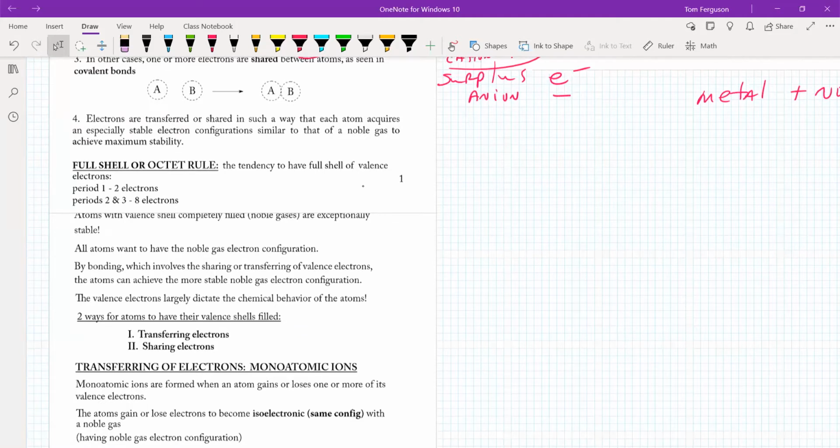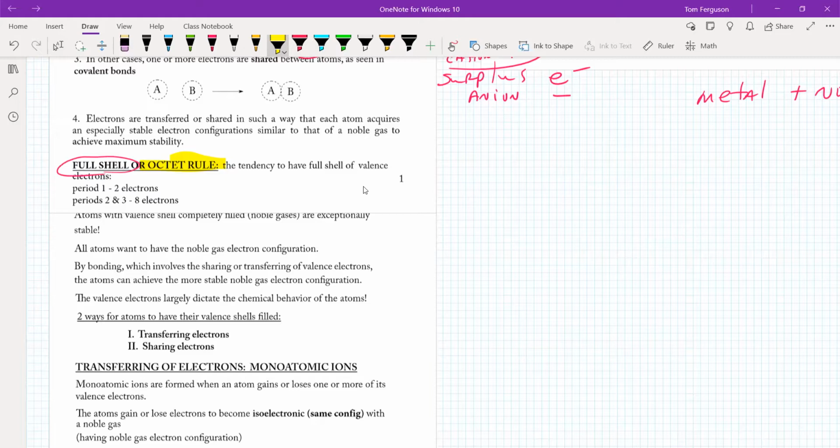Now, the reason we gain or lose electrons, again, is for stability. And that stability is gained by having a full shell. Frequently you hear about the octet rule. The problem with the octet rule, it isn't always 8 electrons. Sometimes it's 2, sometimes it's 12. But they always talk about 8 electrons. So instead of an octet rule, I like to say the full shell rule. Because then it applies, it doesn't matter how many electrons, as long as the number of electrons fulfills the